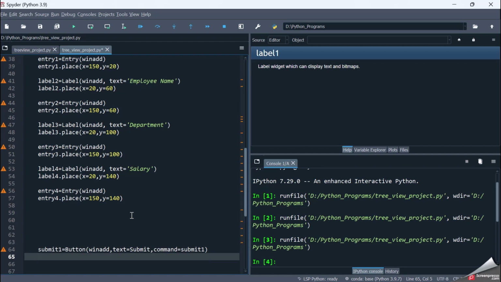Now let's place it onto the screen by saying submit1.place, x equal to 100 and y is equal to 200. So I've added the submit button. Now when the user clicks on the submit button, it calls the function submit1. So let's define it. So def submit1